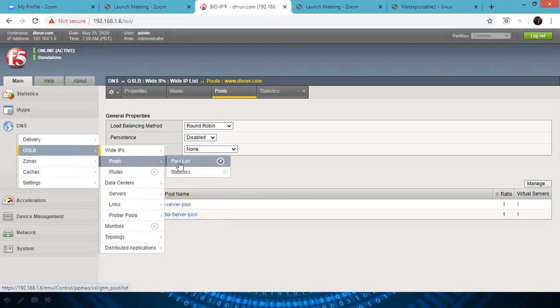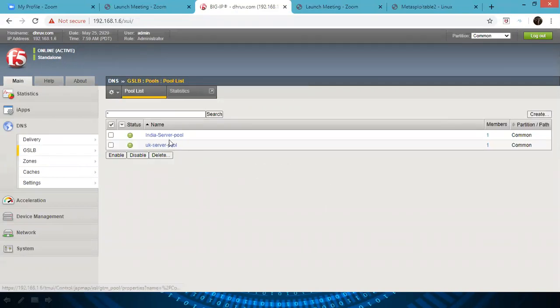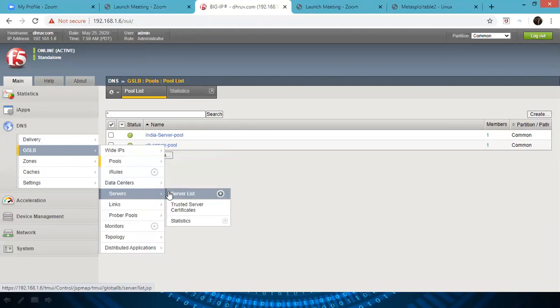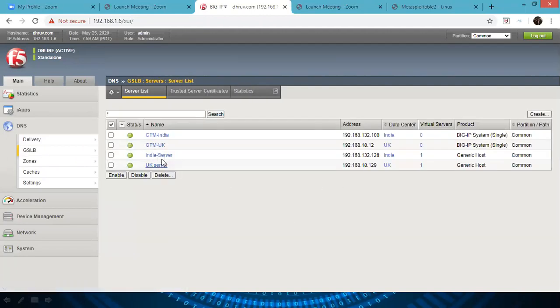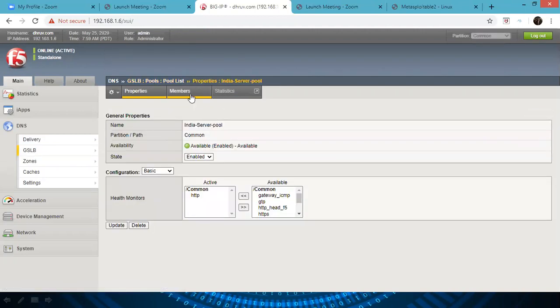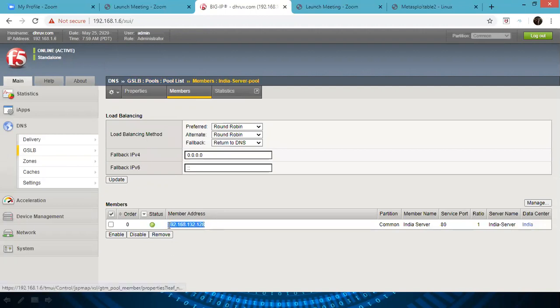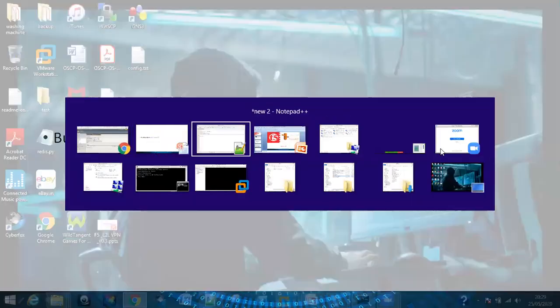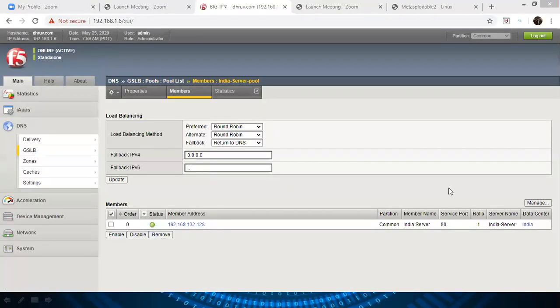But let's look into the pools. Pool list: India server pool and UK server pool, and that calls the servers listed over here, India server and UK server. Under the pool, we can add multiple servers. In our case, we only added one server. If you go back into the pool section, India server, we have only added one member, 132.128. It basically matches with the lab scenario. If you go back to the lab,